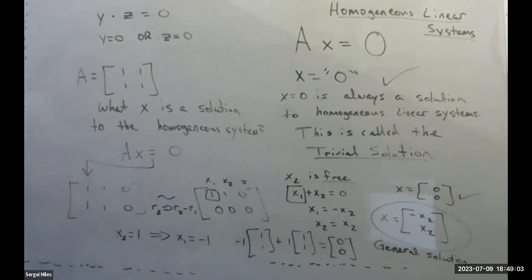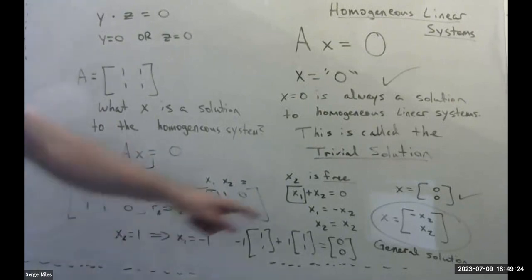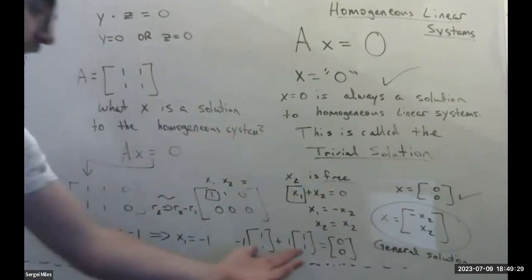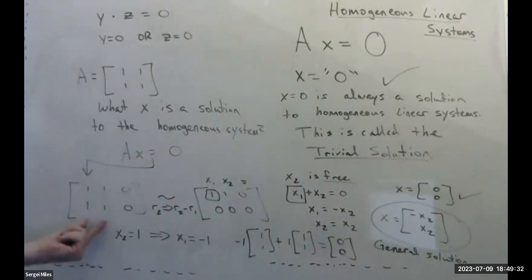I just picked x2 to be 1, but I could pick x2 to be 2, 3, 4, whatever number I want. And so long as x1 is the opposite of that number, that will be a linear combination of these two columns which results in 0. So for this system,